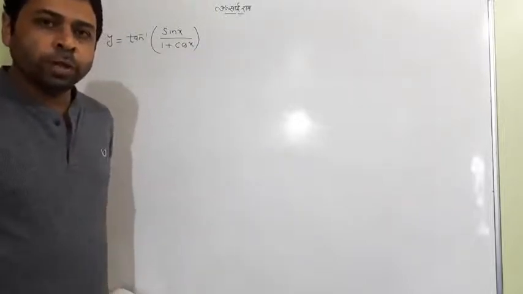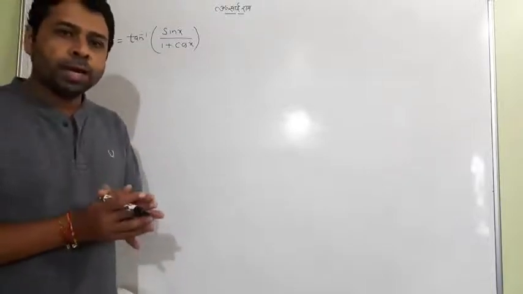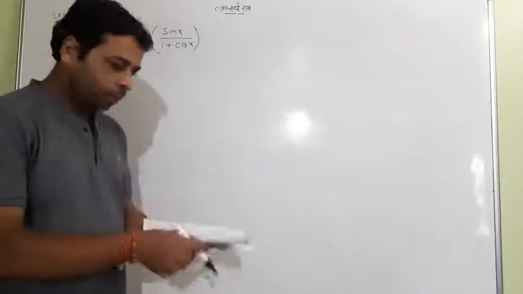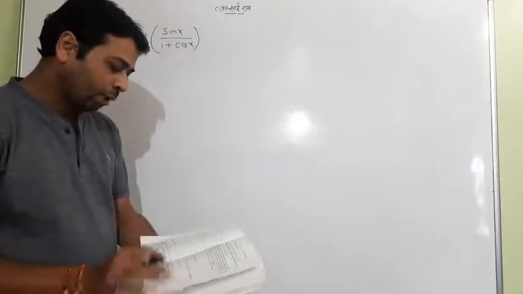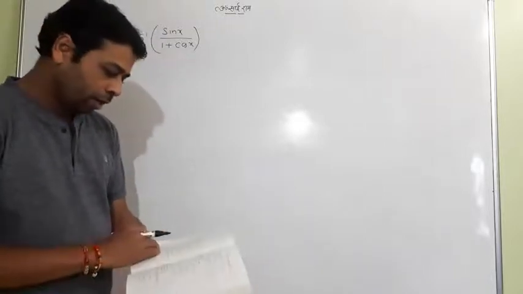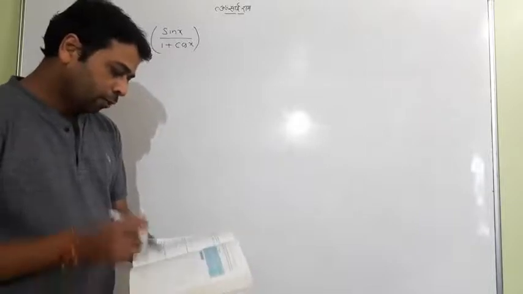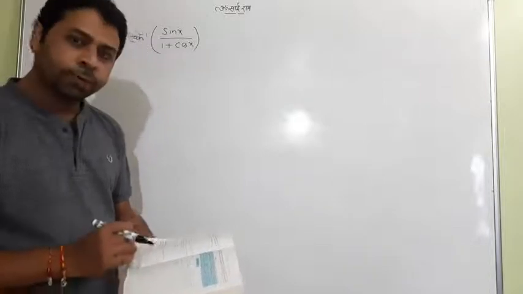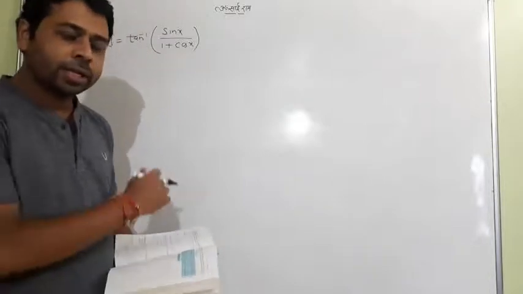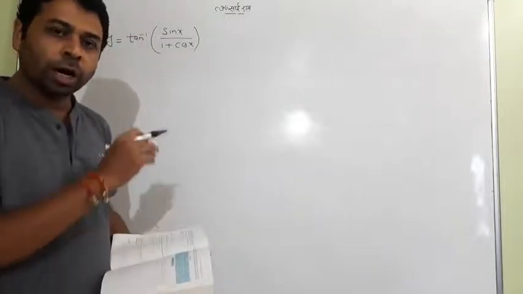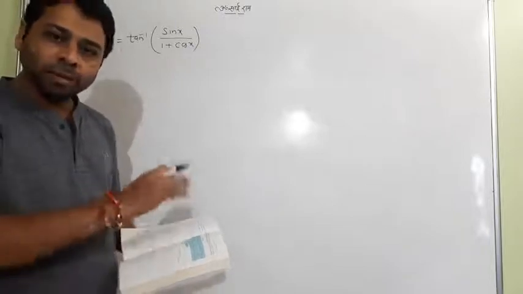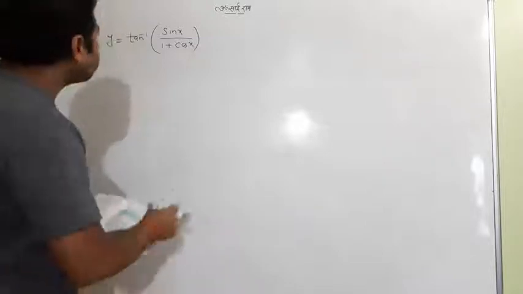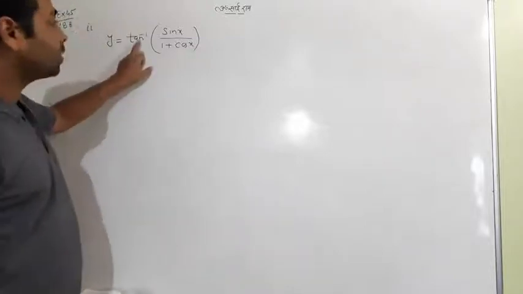Look at the difference between the questions. Till now we had two kinds of questions. First, the whole exercise 5.3, question number 9 onward, 9 to 15. And then yesterday I told you some questions in which an under root sign came, and we studied two kinds of substitution. Now this is the question in which again tan inverse is coming.